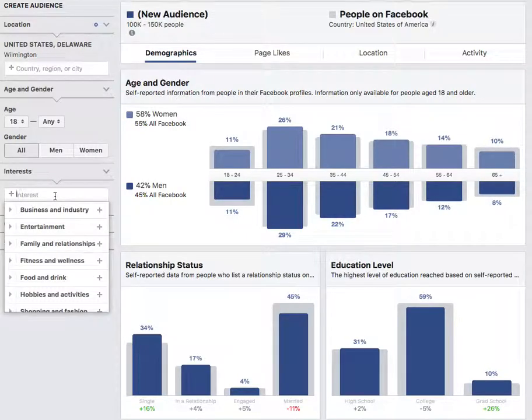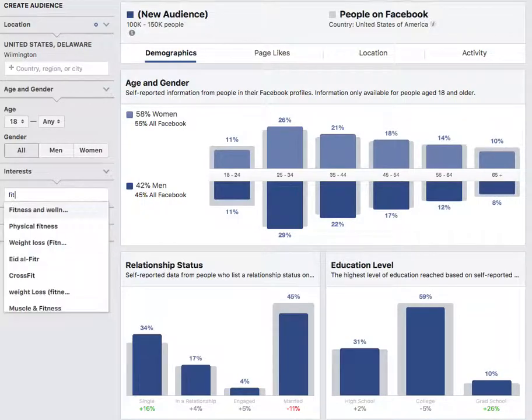So the most important part here is the interests. If you, say, have a gym or a CrossFit gym, you're going to want to target people who are interested in physical fitness or exercise or healthy life choices, etc. So you want to insert as many topics or keywords that point to the same overall lifestyle. So start here,